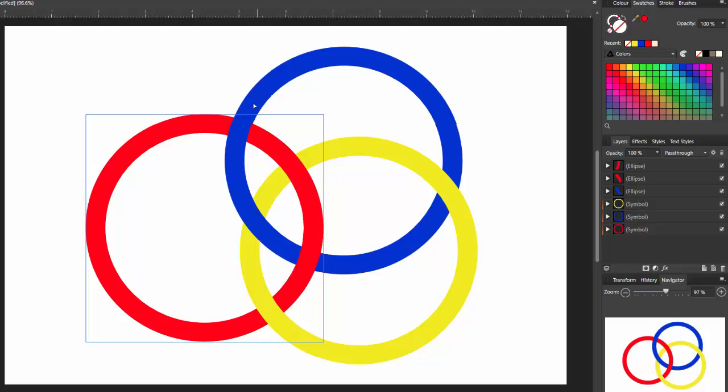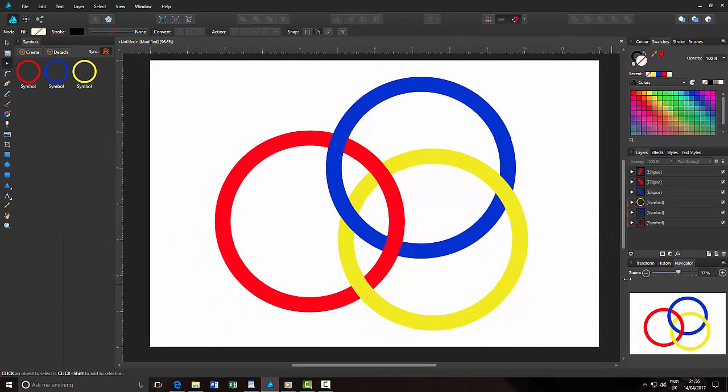So we now have the blue going over the red there, but under the red there. The yellow goes over the red there, under the blue, under the red, but over the blue over here. And the blue goes under the yellow, under the red, over the yellow, over the red. So that is basically that setup